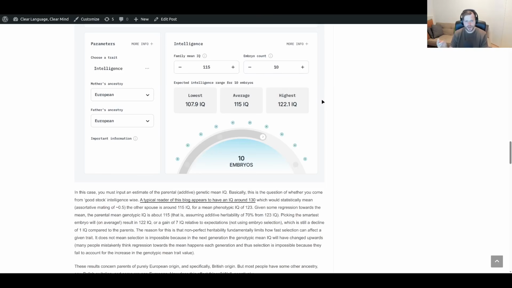Traits can never change. If some people start breeding for intelligence, then they will all just go back down to 100. Many people make this mistake, but that's because they forget that in every generation where you select for something, the new mean genotypic IQ or height or whatever will change upwards or downwards depending on direction. And so it just means that the response to selection is slower than what you seem to be getting,